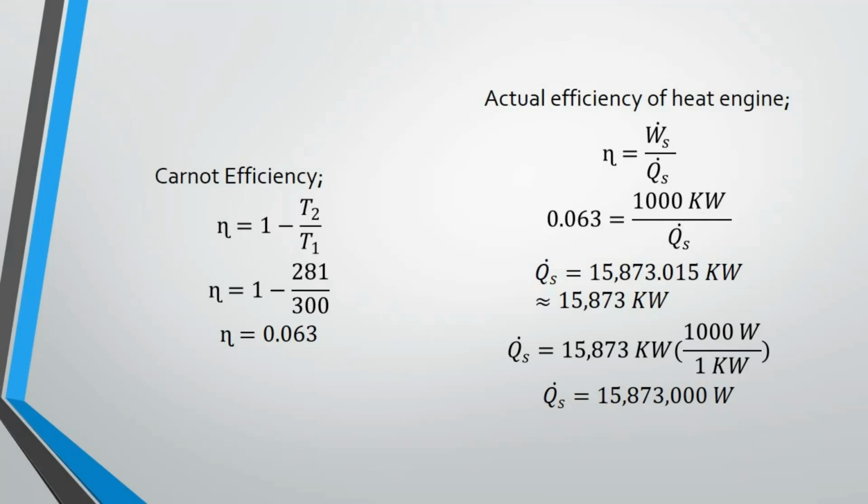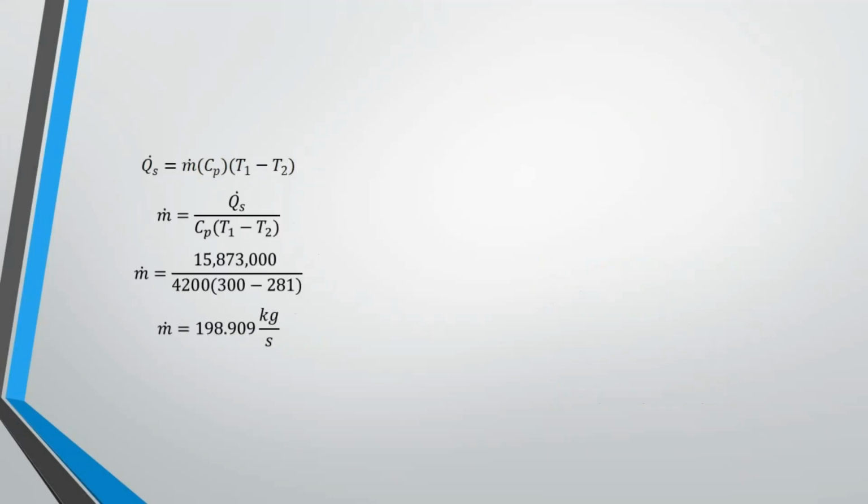15,873 kilowatts. Then multiply it by 1,000 to convert it to watts. So we get 15,873,000 watts. And next we use the formula for the heat, which is given by m times Cp times delta T. So plug in the known values and then we get the mass flow rate equal to